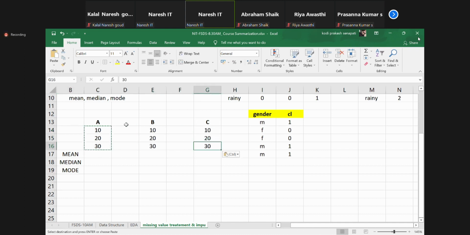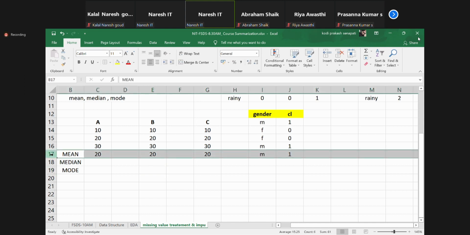Tell me, do you think this data has an outlier? Yes or no? No. This data doesn't have an outlier. What's the mean of this? 20. Now assume I'll add another one.